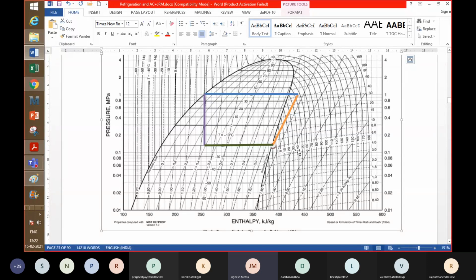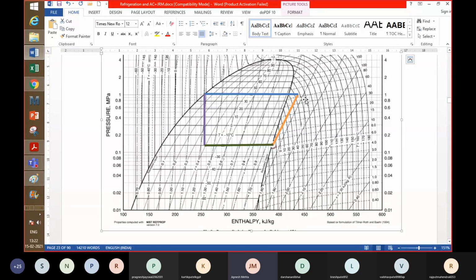You can give numbers to these points, and this cycle can also be used to get, let's say, delta H. Getting delta H should be very easy. You just need to drop vertical lines from different points and read the numbers from here, and you get delta H for that process. So for the compressor, you can get delta H. Again, for the evaporator, you can get delta H. So delta H for the evaporator and delta H for the compressor, right? The ratio of those two gives you COP.